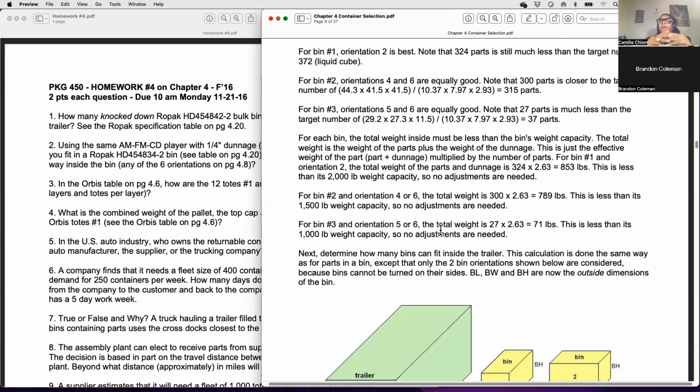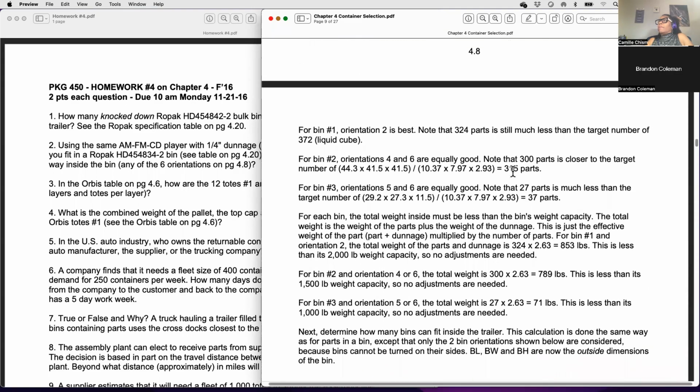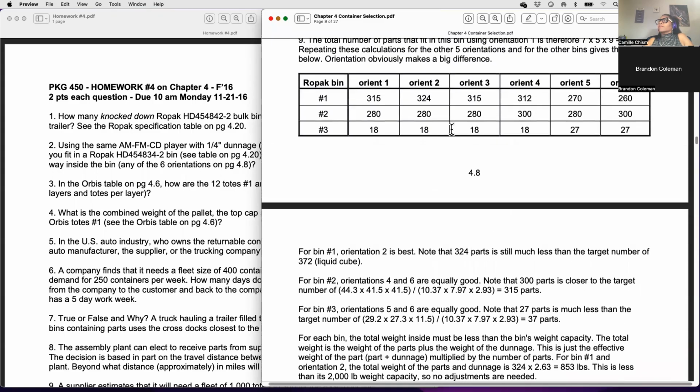Now, I mentioned before, the other thing is, once you started picking your bin, you figured out that you aren't going to be using your handheld, now you're using a roll pack. Now, instead of looking at what's the capacity based on what someone can carry, now you're looking at what's the capacity based on the strength of this container. And so now you have to start calculating the weight of the product in these bins. So for the first one, you can take that max, which was the 324 right here,